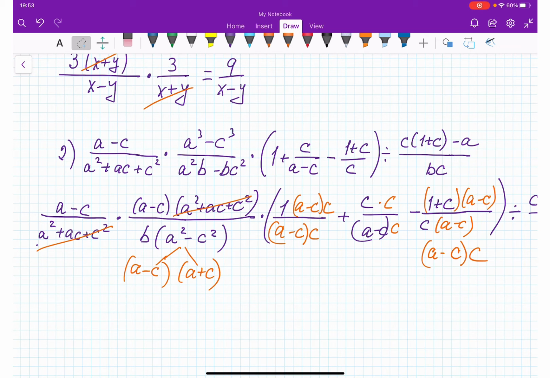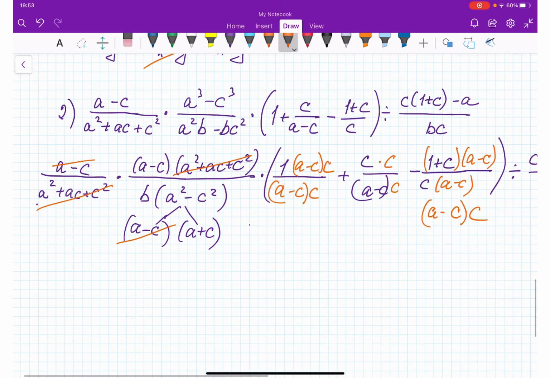Let me put the original color. There we go. And then I can cancel a − c with this a − c. On the top also, I had a − c. Okay, so from here,